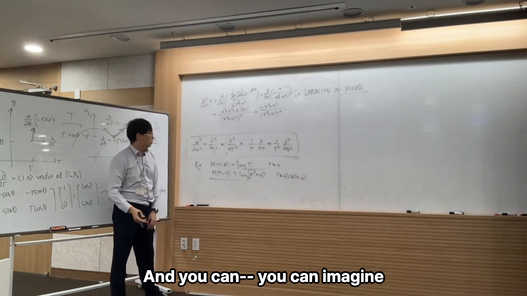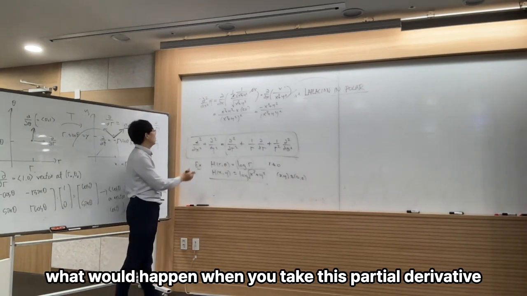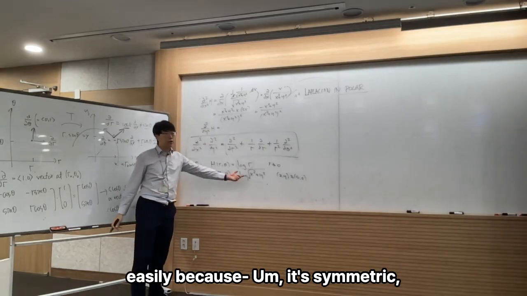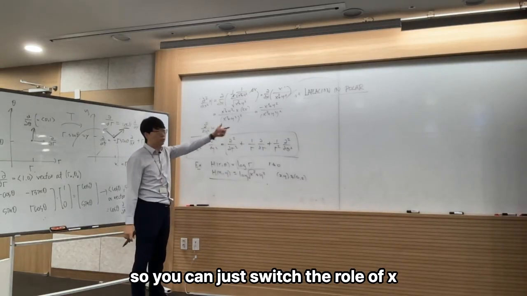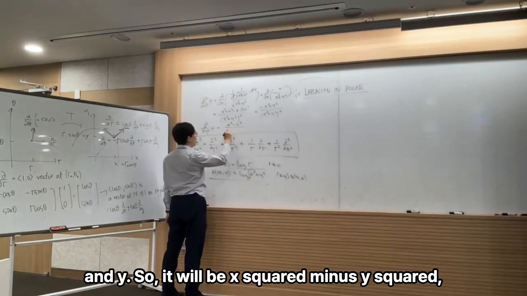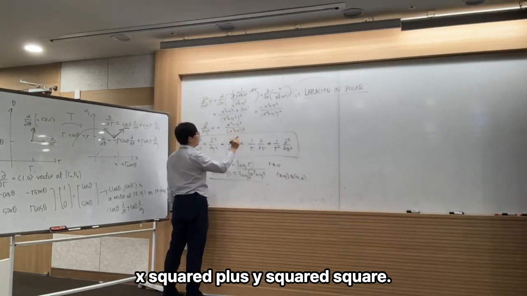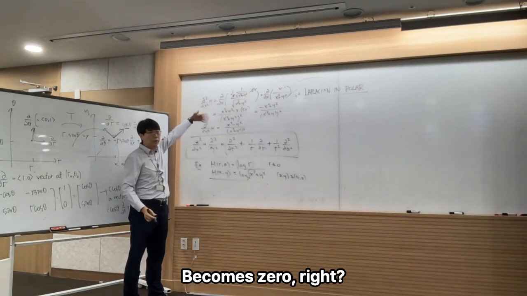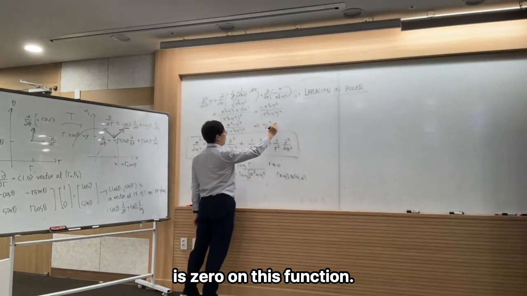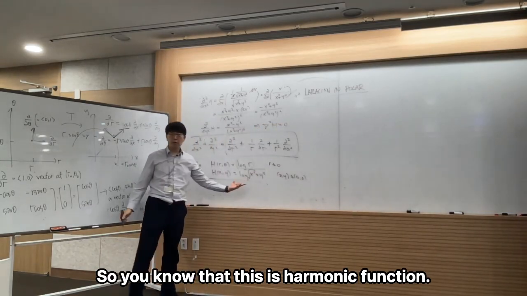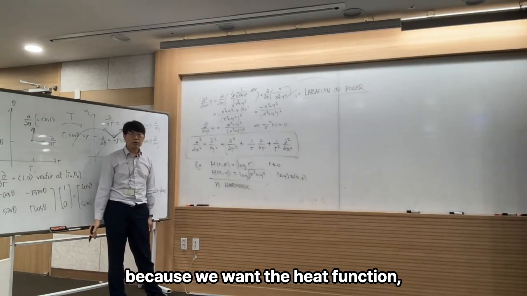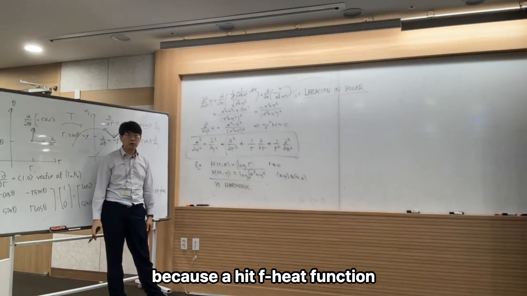And you can imagine what will happen when you take the partial derivative in terms of y, because it's symmetric. So you can just switch the role of x and y. So it will be (x squared minus y squared) over (x squared plus y squared) squared. So what happens when you add these together? It becomes 0, right? So you know that the Laplacian is 0 on this function. So you know that this is a harmonic function. This is harmonic. We're looking for harmonic because we want the heat function, because the heat function must be harmonic